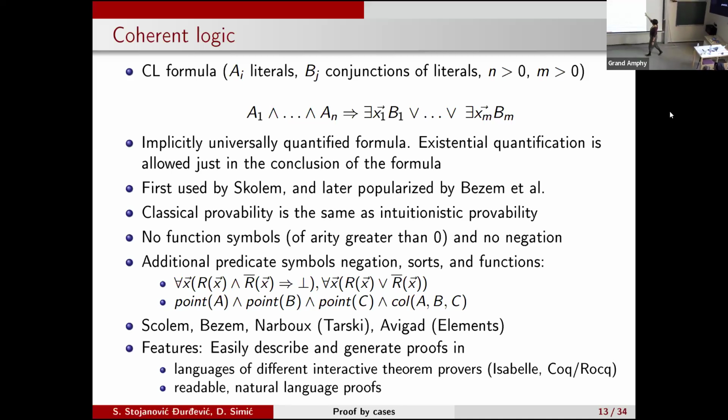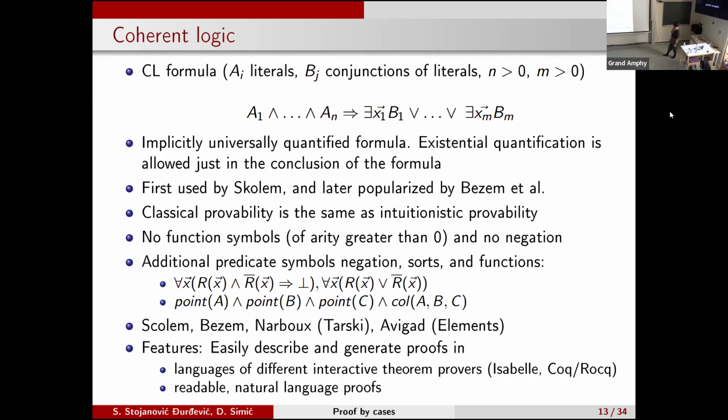We cannot use negation over some expression or over some formula. So if you have negation over some formula, you will just transform it and put it with your specific predicate symbols. Also, we use sorts for different objects,